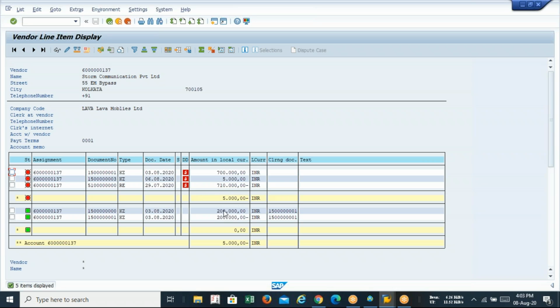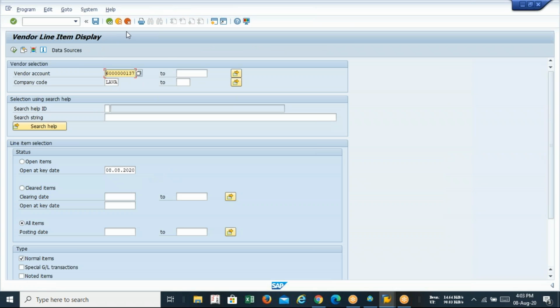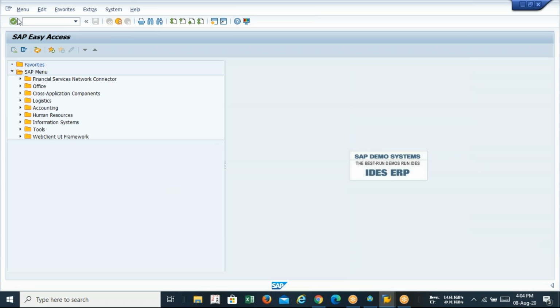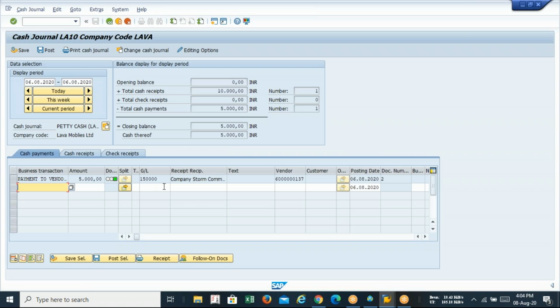You can see only the 2 lakh is posted, but the 5,000 cash payment is not coming here. Cash transactions you have to check with FBCJ.